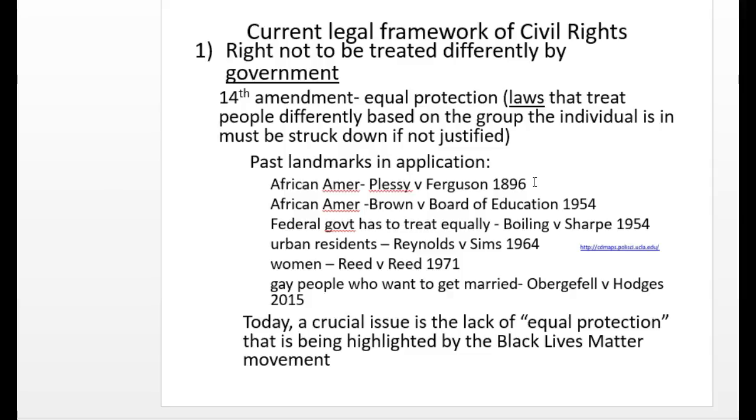Now, D.C. is not a state. D.C. is a city that's kind of under the protectorate of the federal government. And so federal laws, to a certain extent, govern in D.C. And so the question was whether schools in the District of Columbia had to be desegregated. And the answer was yes, that in fact the federal government also has to extend equal protection to those who are affected by its laws.